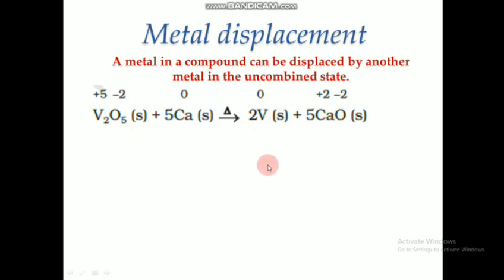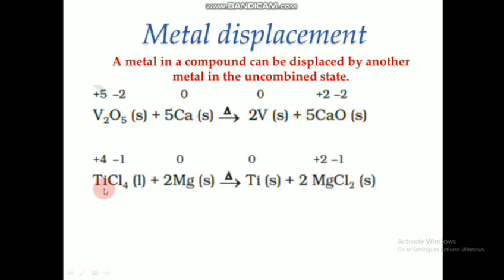And now it's time to check whether it's a redox reaction. So vanadium from +5 is changing to 0. So it's a decrease in the oxidation number, so it's a reduction. Vanadium is undergoing reduction. And oxygen, if you see both the places it is the same, -2. In calcium the oxidation number changes from 0 to +2. So 0 to +2, the oxidation number is increasing. That's why we can tell calcium is undergoing oxidation. Vanadium is undergoing reduction and calcium is undergoing oxidation.